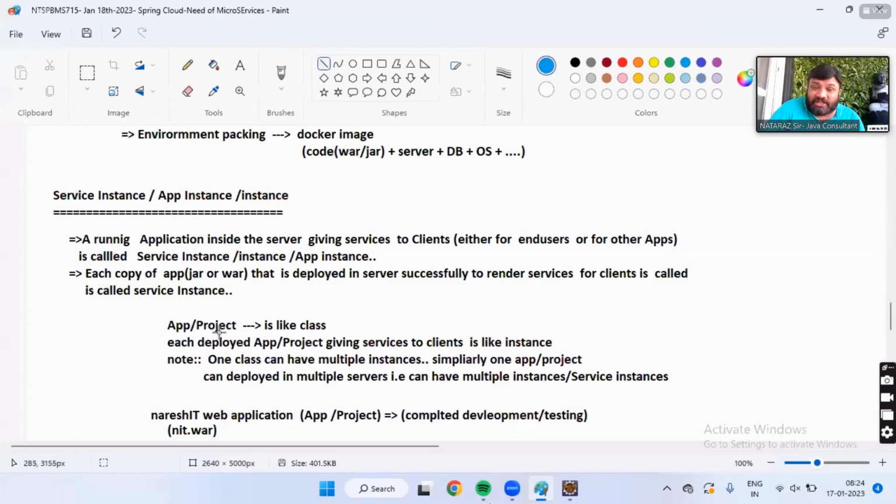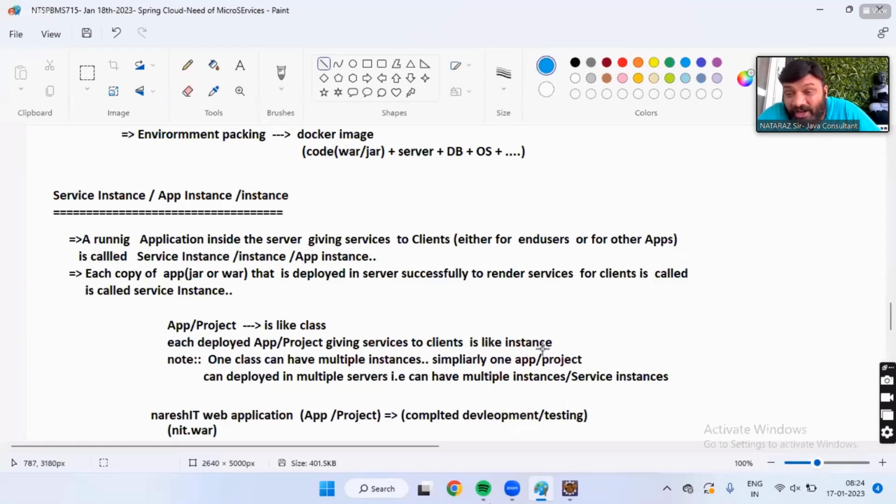Okay. Application or project is like a class. Each deployed application or project giving services to clients is called an instance. Listen, one class can have multiple objects. Similarly, one application can have multiple instances. You prepared a war file once. One instance is ready.